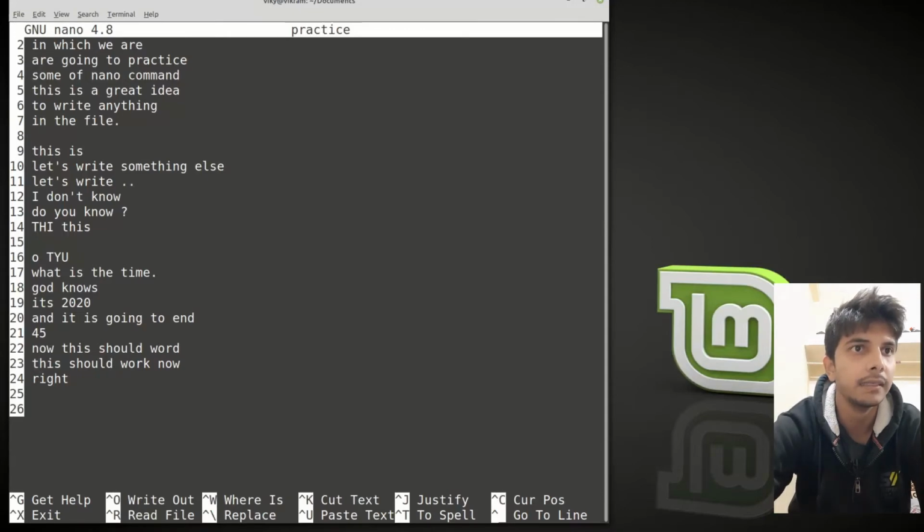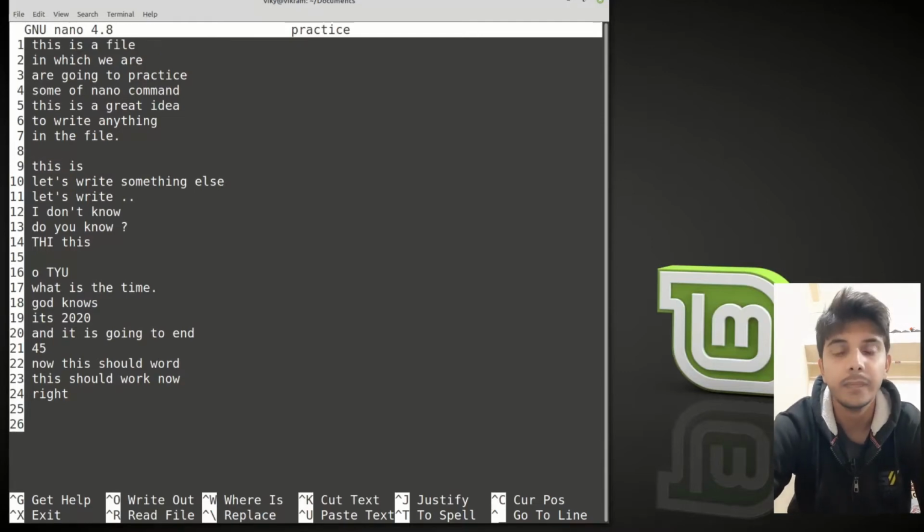So like this, Alt Q, then here it is written this, then here it is written like this. In place of Alt Q, you can also press Alt B, but sometimes it will give you an error that this linter is not defined. So in the place of Alt B, you can use Alt Q to search backwardly.